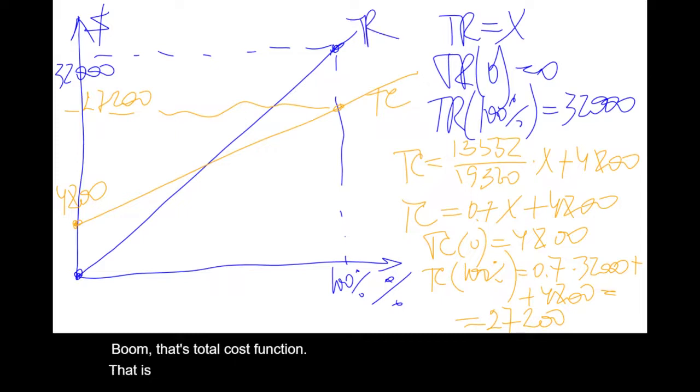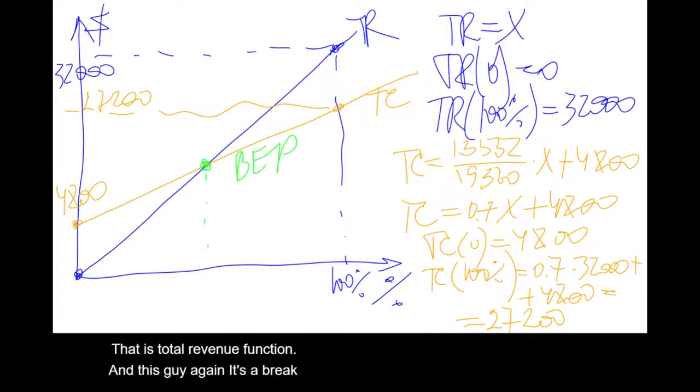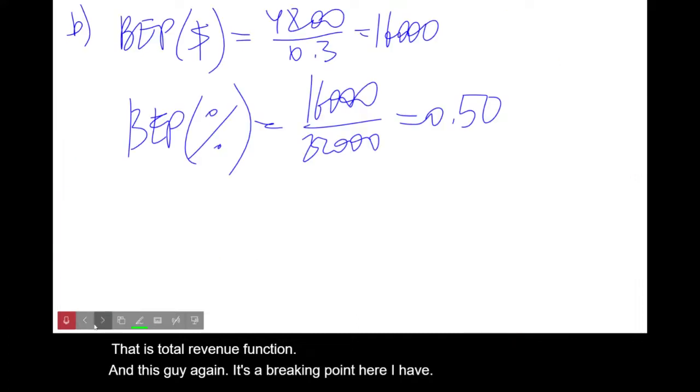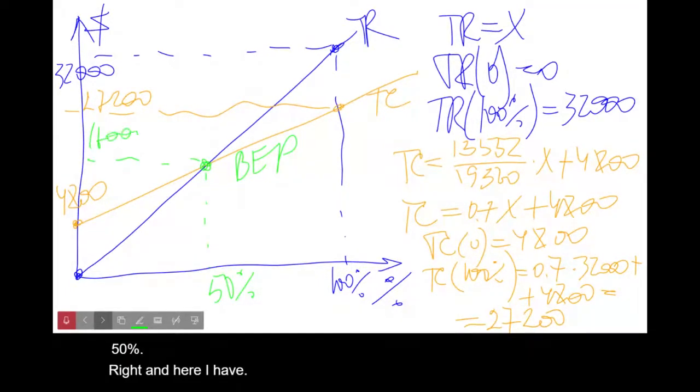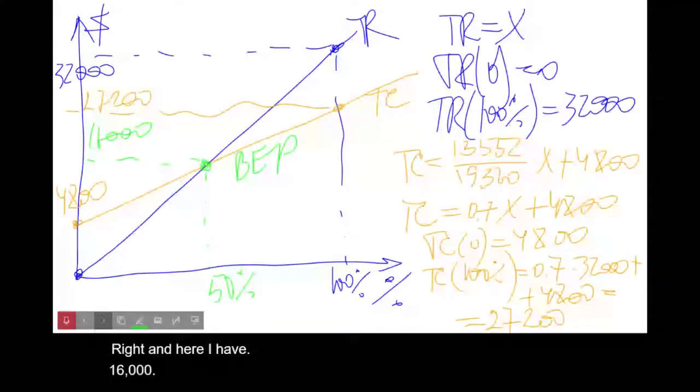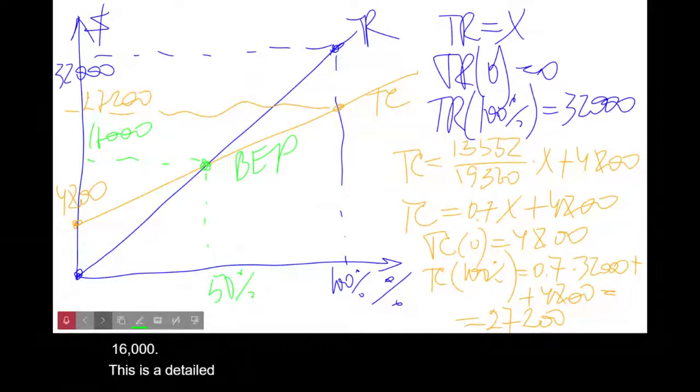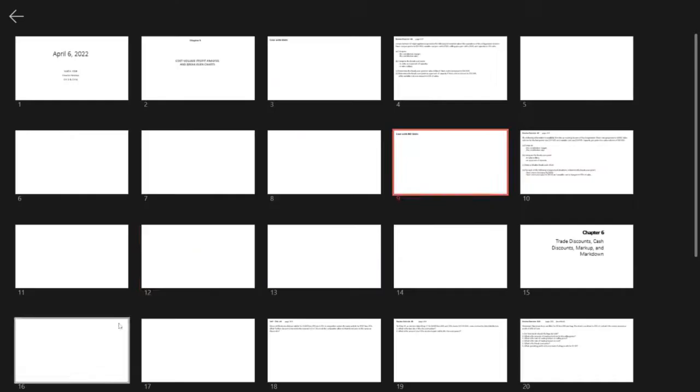That is total revenue function. And this guy, again, it's a break-even point. Here I have 50%, right? And here I have 16,000. This is a detailed break-even chart. So, any questions? Okay, so